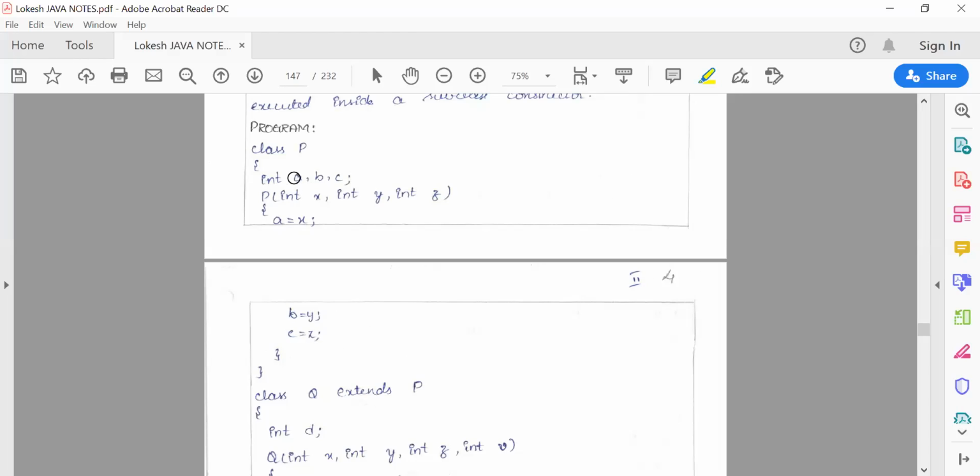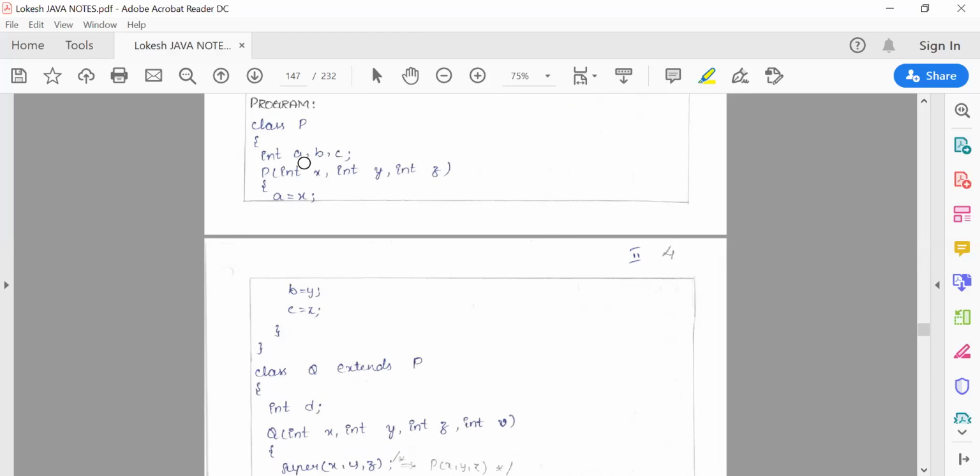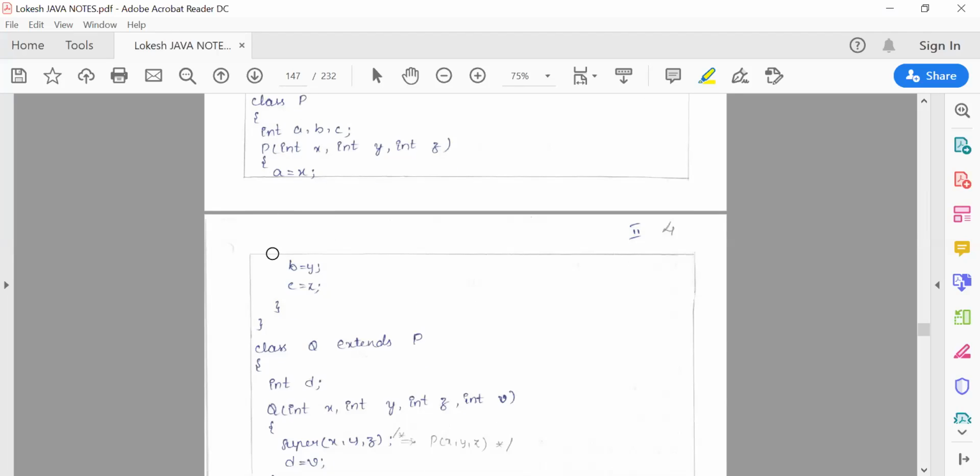Here we have a class called P. In this class, we have three instance variables. The activity done in this class is assigning values for these three instance variables A, B, C through a constructor P. You can see here, there is a constructor which has parameters. When you initialize an object, these parameter values will be passed, which are collected in X, Y, Z. Simultaneously, they will be stored into the instance variables A, B, C. I hope you are clear with this.